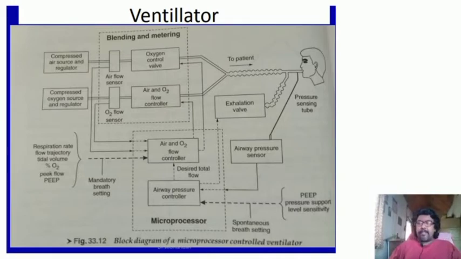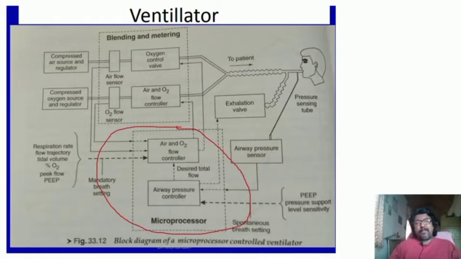And the bottom part, this one, controls the rate at which the mixed air, that is the oxygen enriched air, has to be fed to the patients. That is, this particular section determines the parameters of the flow rate of the oxygen enriched air that is to be fed to the patient through this pipe.